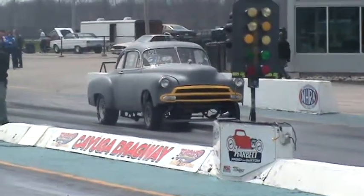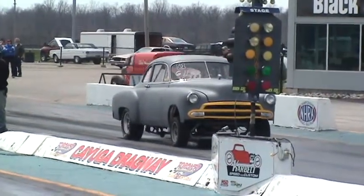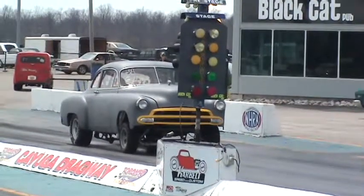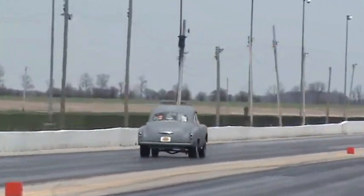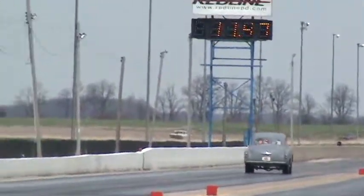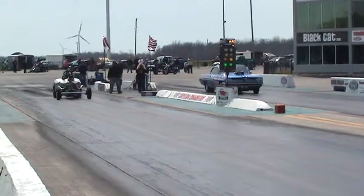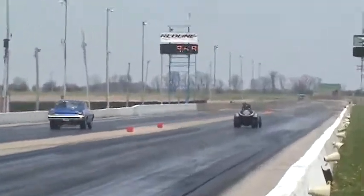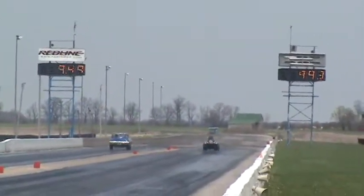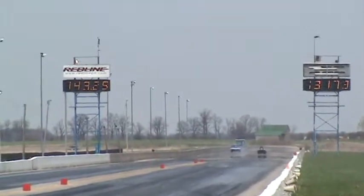Possibly Larry Killeran here in his 51 Chevy. He's got the competition beat, into the next round. All he really needs to do is break the beams and he's into the next round. He can do any number of things. Larry Killeran goes 1155 on. He breaks up. Proctor dials down 700 and still breaks up with a